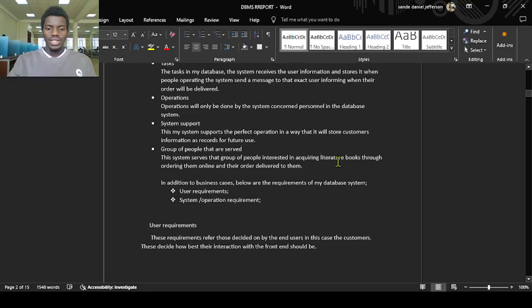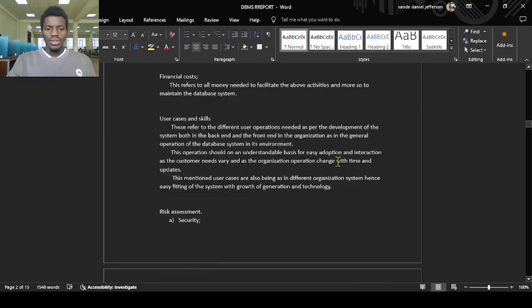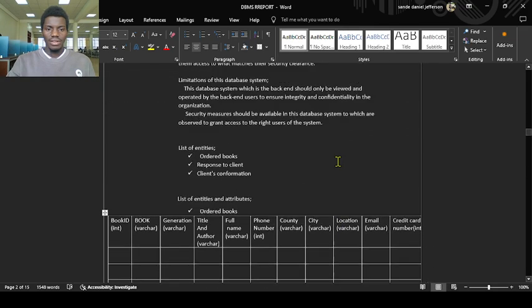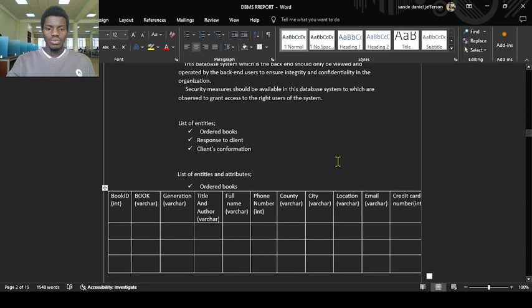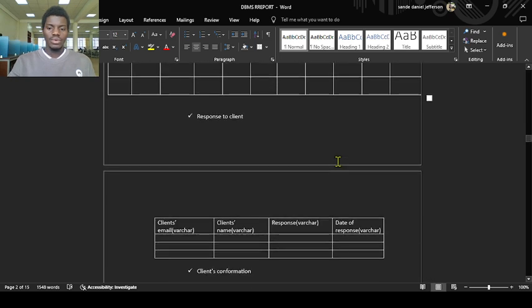The first entity is named ordered books. This one will store the personal credentials from the user who has ordered the book. And then the second entity will be